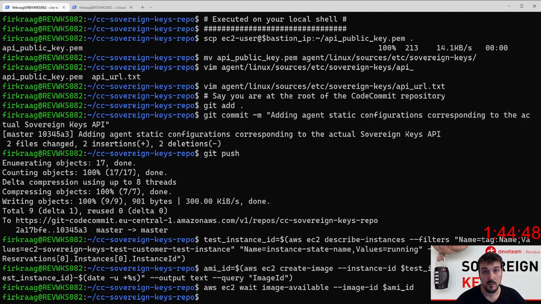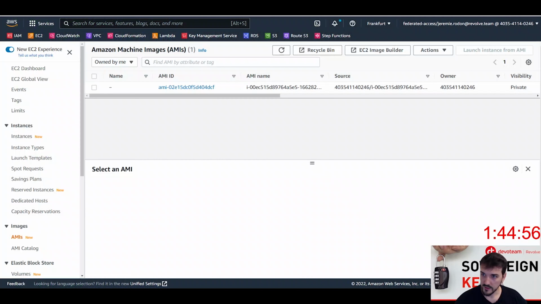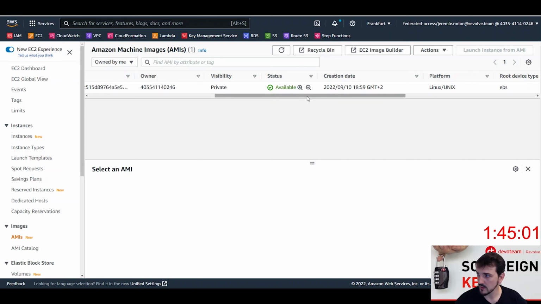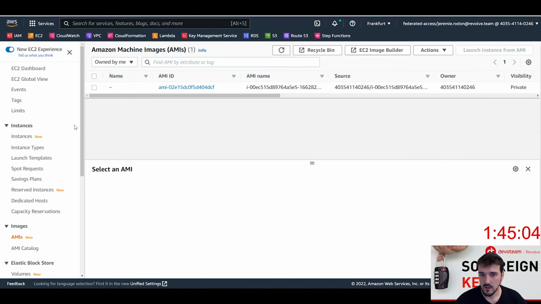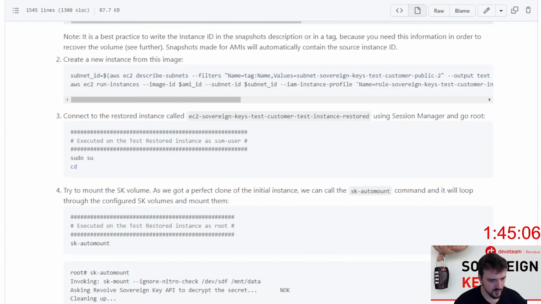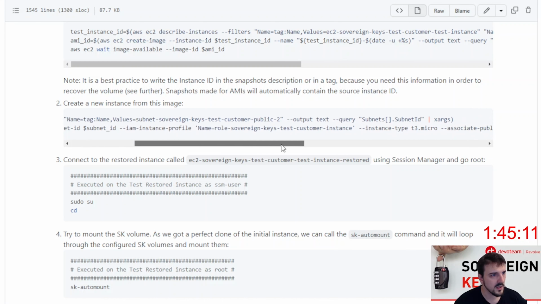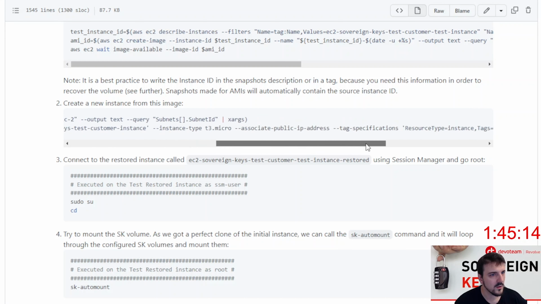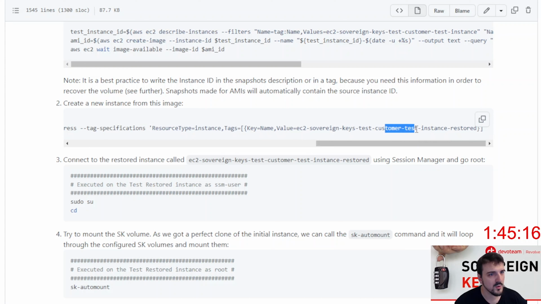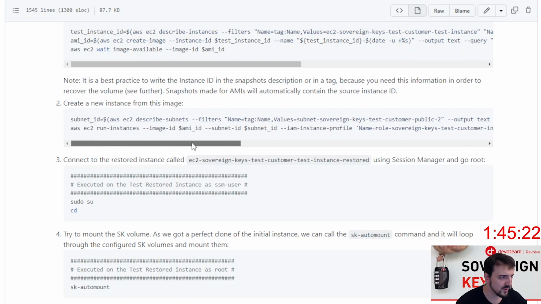And my wait command returned, so that means that the AMI has been created. If I go in the console on the AMI page, I can see that indeed I have a new AMI available. And I will go ahead and create a new instance from this image. So this instance will be called customer test instance restored. So we will simulate the loss of our previous test instance. So I will copy that